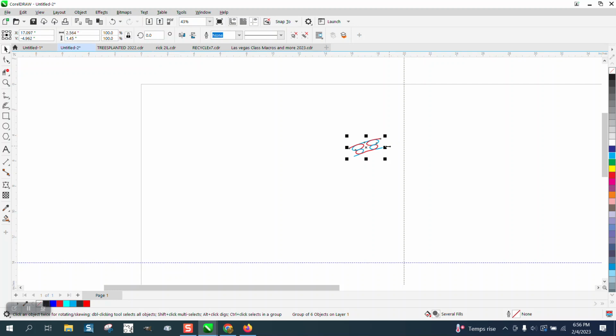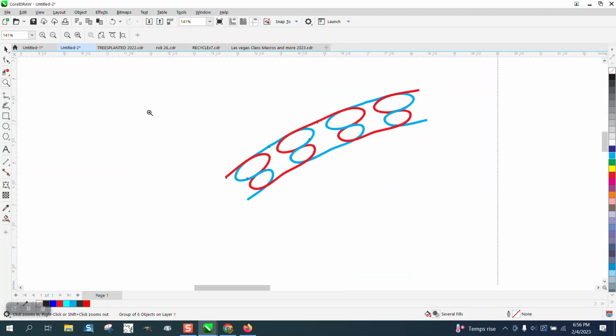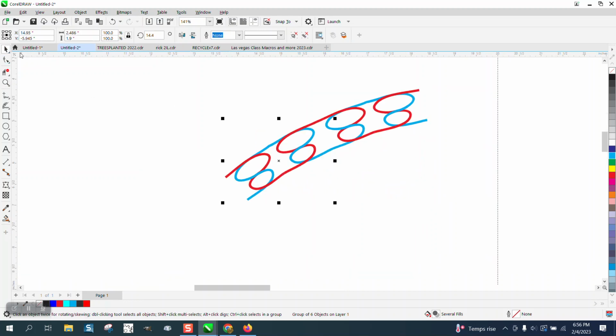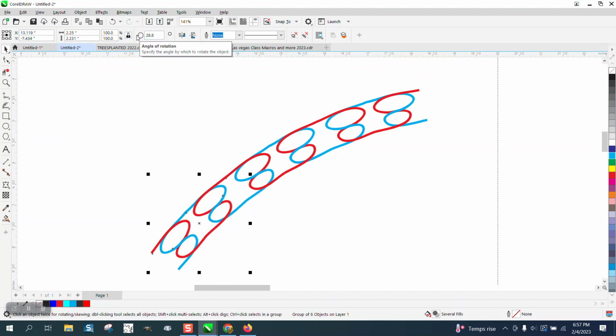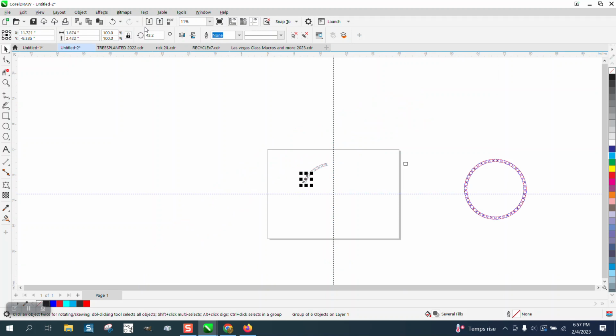Control D to duplicate it, and move the center of rotation to the center, make sure it is, and rotate it 14.4 degrees. I shouldn't have zoomed in. Control D, because now it won't work, so you have to go 28.8. And if you do that all the way around,